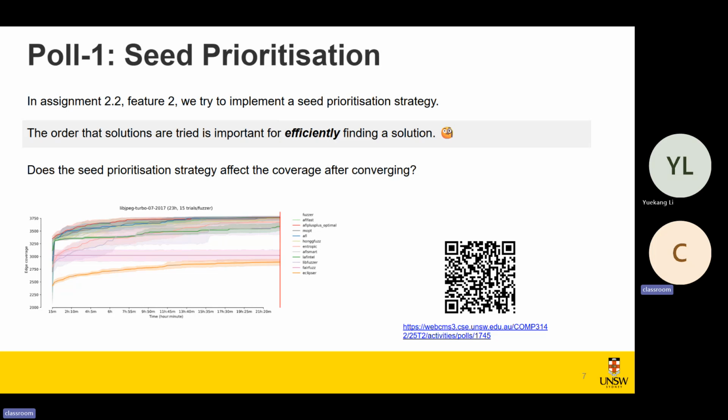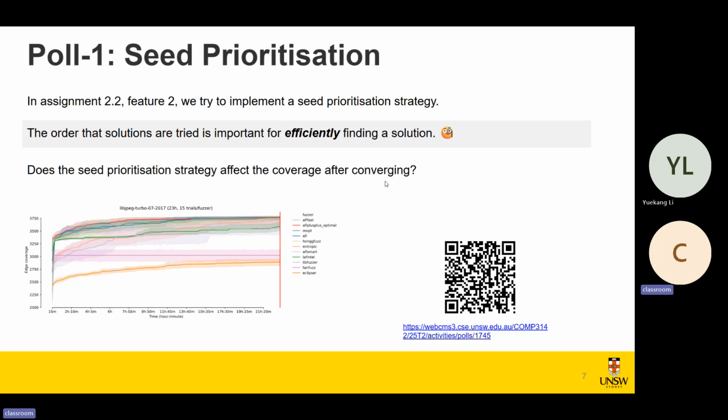So it's about the ordering of selecting seeds to try out. We know that the order in which solutions are tried is important for improving the efficiency. So the question here is, does this strategy or heuristic we use for seed prioritization affect the final coverage